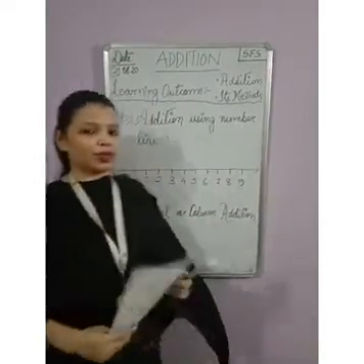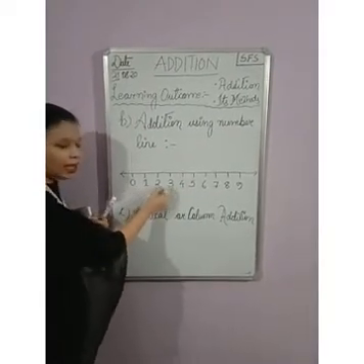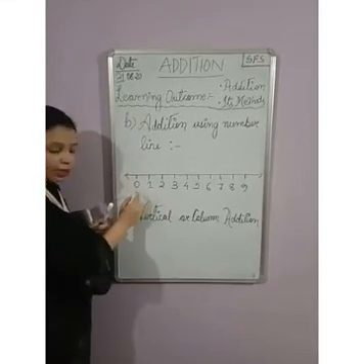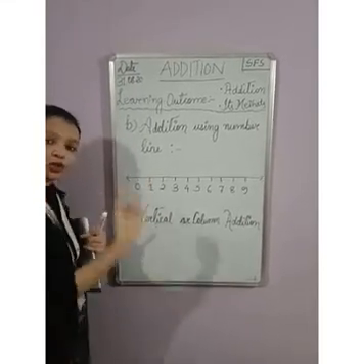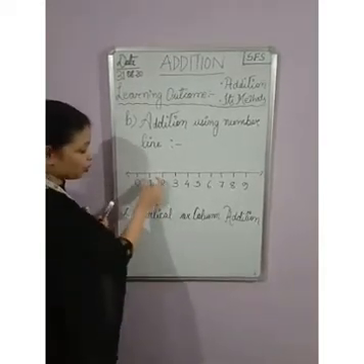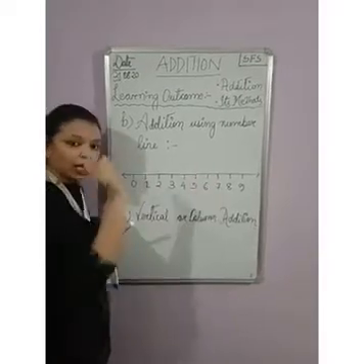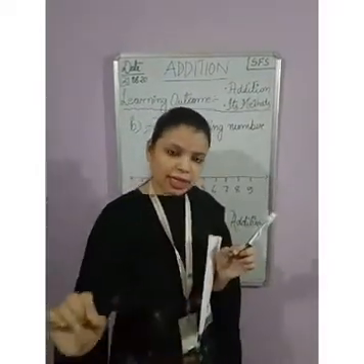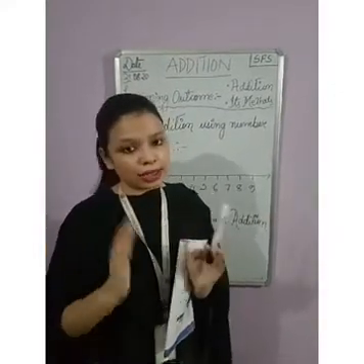One more thing you have to remember, when you are putting the numbers, they should be in equal spaces. That means the gap between two numbers, suppose 0 and 1, the gap between 0 and 1 should be equal to the gap between 1 and 2. So all the gaps should be of equal size, equal length. So when you are drawing with your scale, make sure that it is in equal distance.